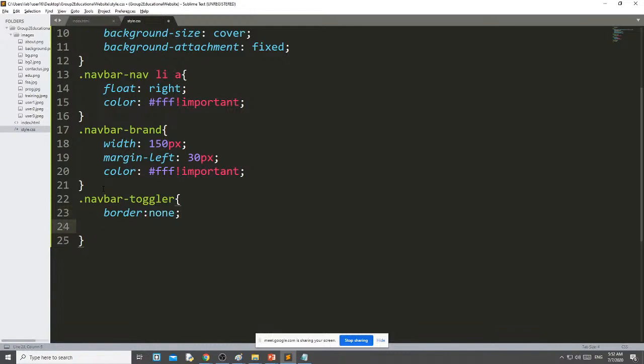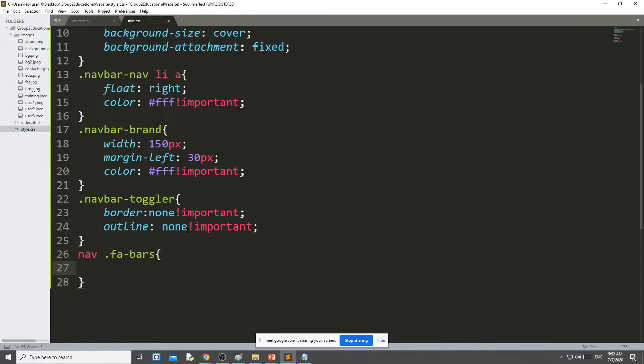Then I don't need any outline, that also none. I just use important and here also important. Then .navbar-toggler .fa-bars.